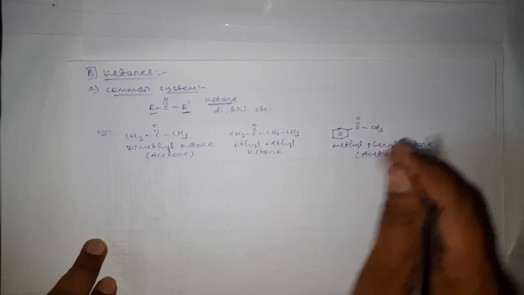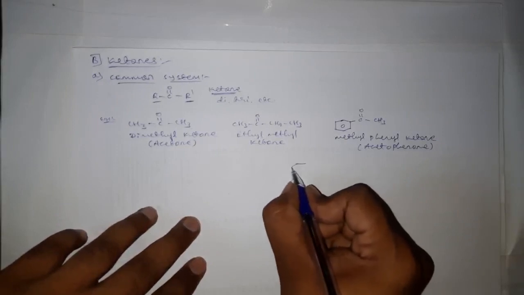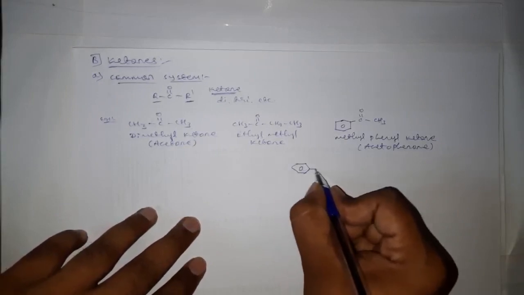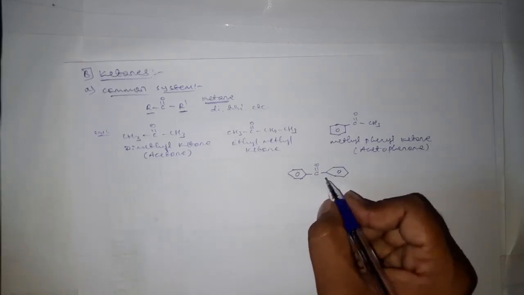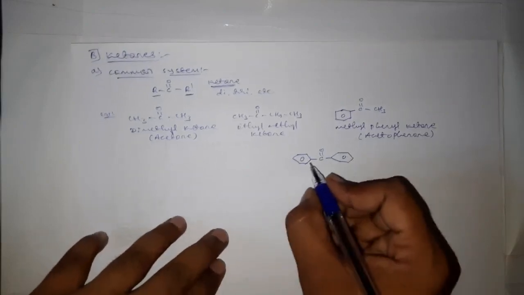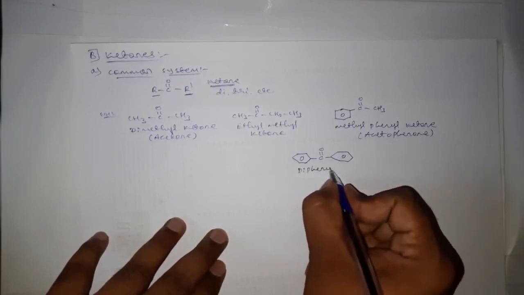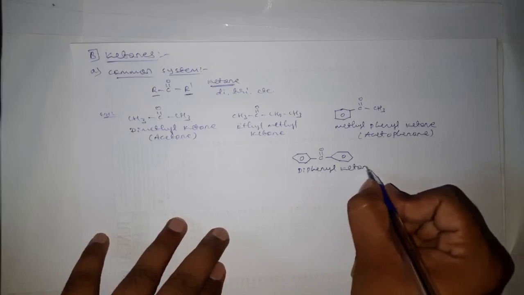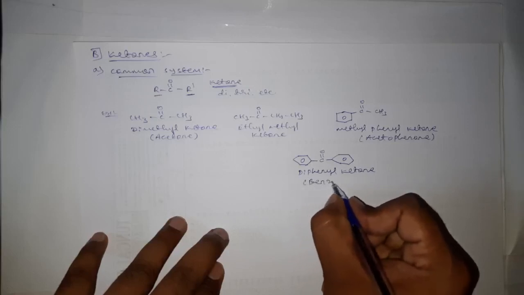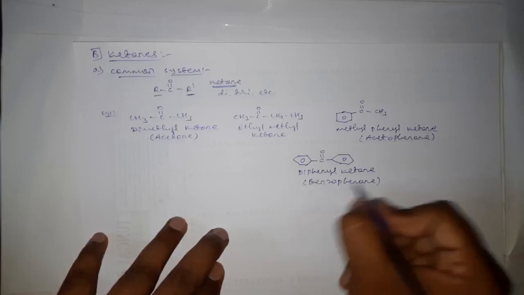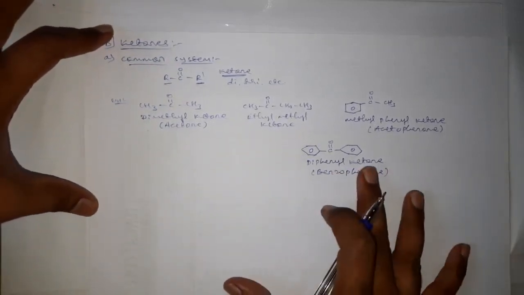Okay, or if you take, say here only, if the carbonyl group is attached to two benzene rings, then these two are aryl groups and the names are phenyl. Two are there, therefore it is a diphenyl ketone. The common name for this one is diphenyl ketone, or we can call this one benzophenone. Okay, this is about the common system of nomenclature for non-substituted ketones.